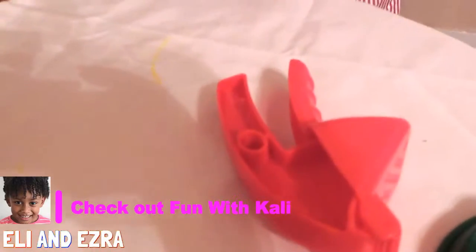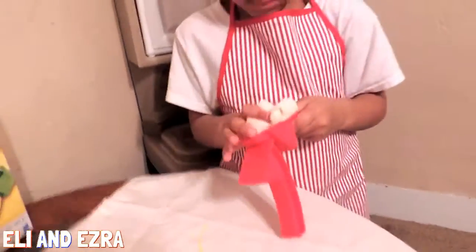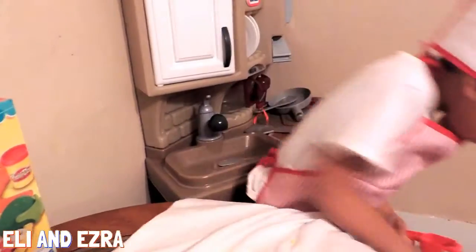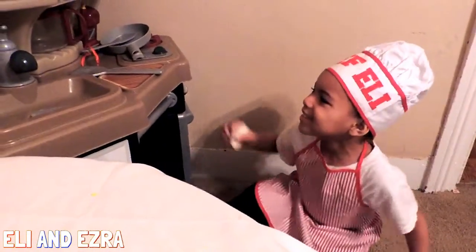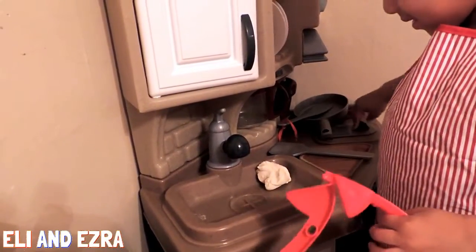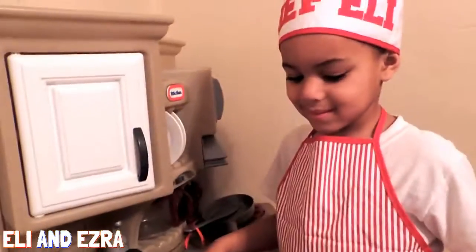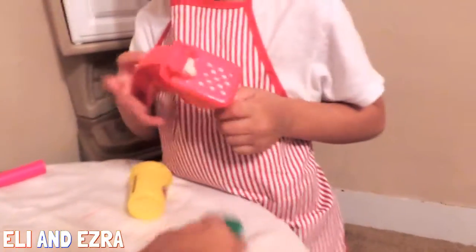Okay, here you have your cheese grater or maker tool. And Chef Eli is going to put the, uh-oh, Chef Eli dropped the cheese. That's dirty cheese. But I got this. Okay, yeah. Is it clean now, Chef Eli? Okay, so we're going to,